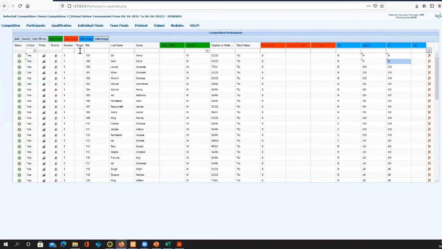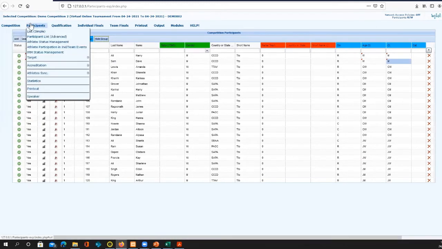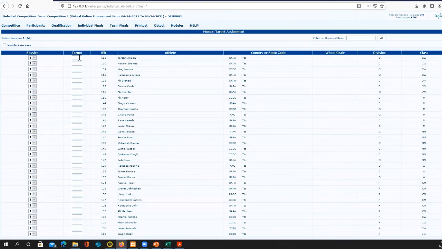So we have nothing on our target information, and we need to give them a target. So we have options here. For a target, we do manual assignments. We go in and type it in. I'm going to deliberately do this and then erase it. So let's say you're going to put a